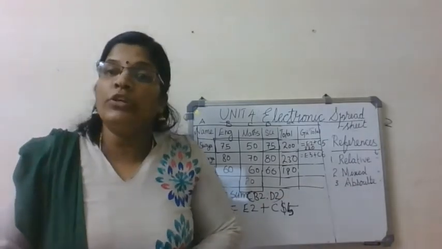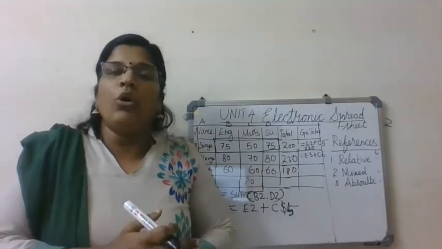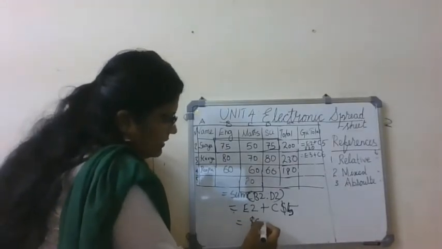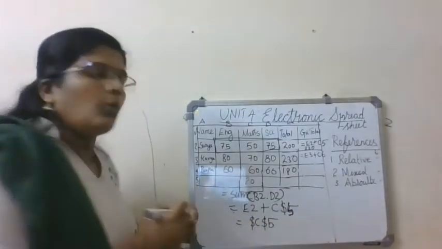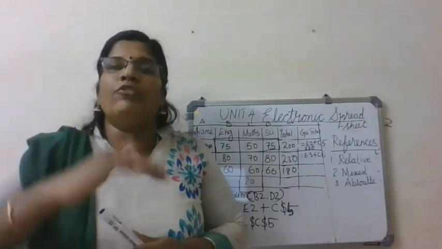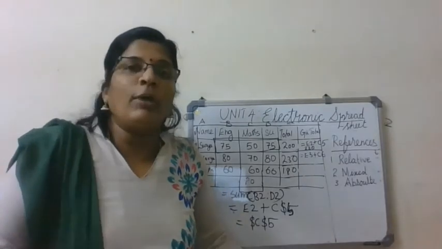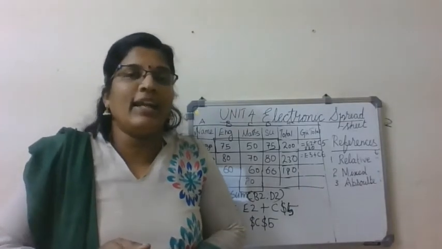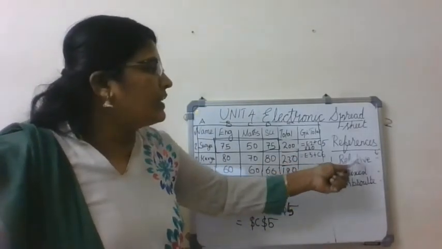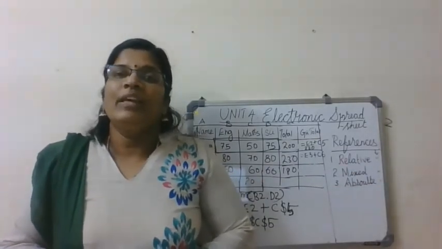Then the next one is absolute reference. In absolute reference, we use this dollar symbol for both the column header and the row number. I'll give you an example. It will be like this, $C$5. So both the column header and the row number contain a dollar symbol before them. Okay, so which is called absolute reference. Nothing more is given for you about absolute references. You will be studying this in higher classes. Okay, fine. So this is all about the 3 types of references: relative reference, mixed reference, then absolute reference. Is it clear? That's good.